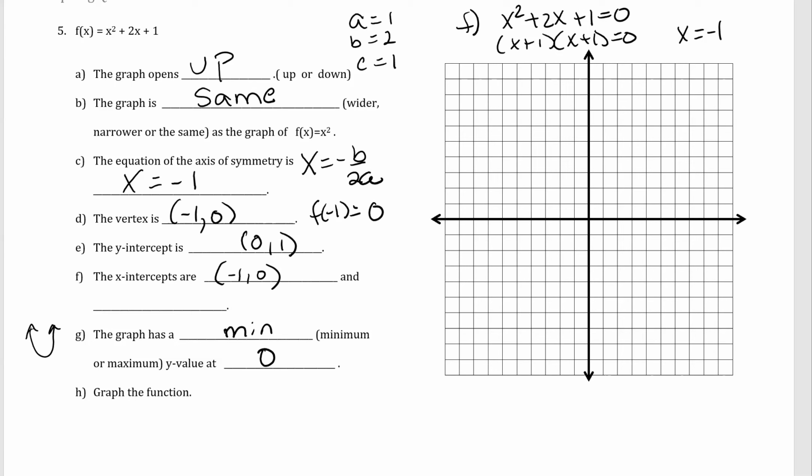So we'll go ahead and graph this. And we know the y-intercept is at 0, 1, but we need a point on both sides of our vertex. So by symmetry,